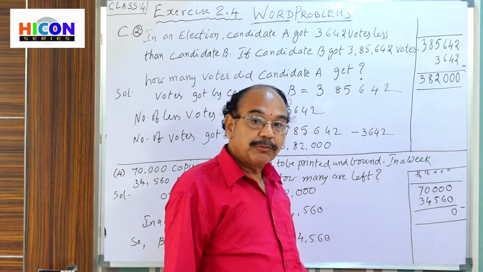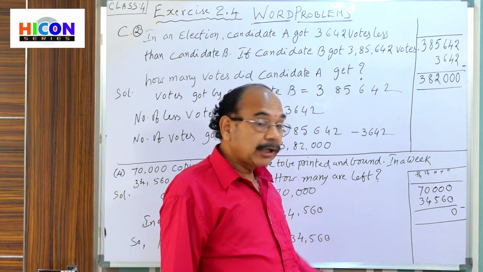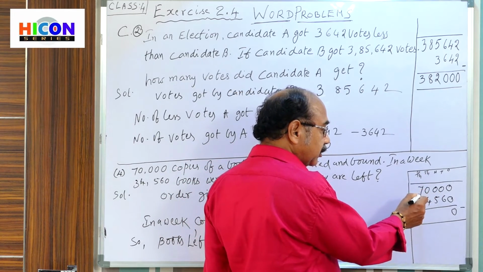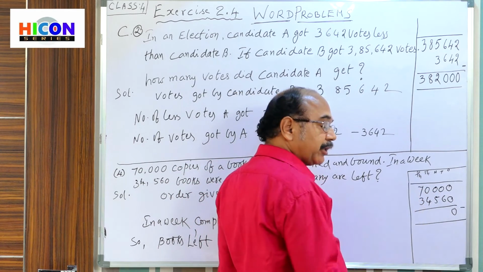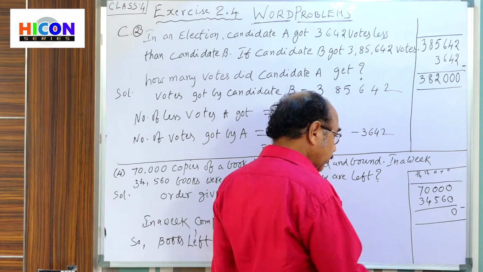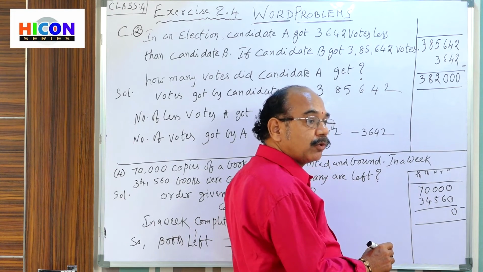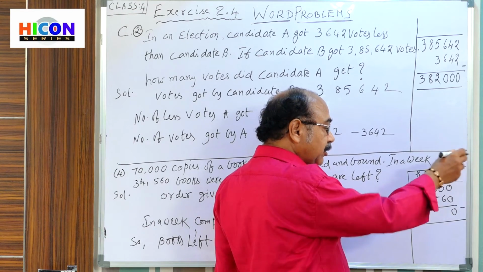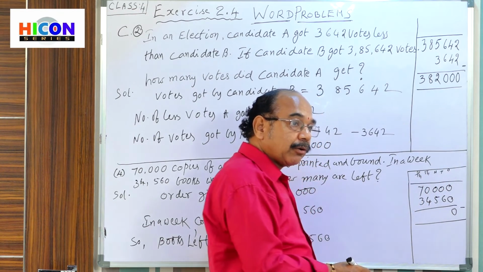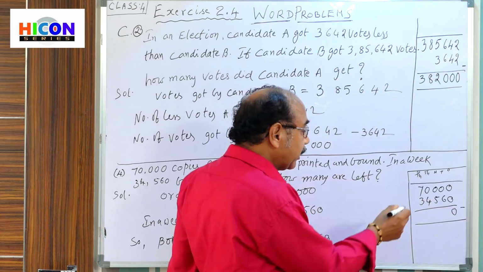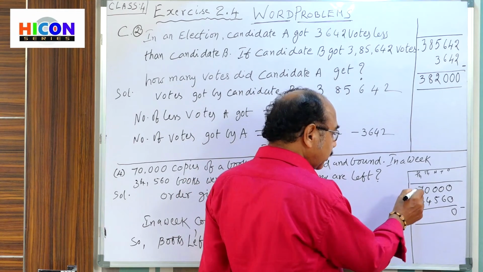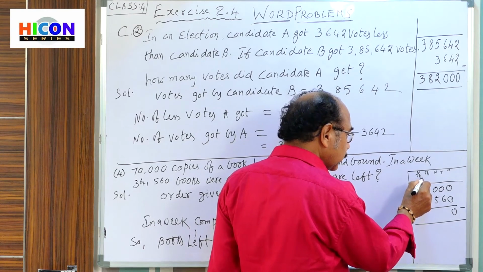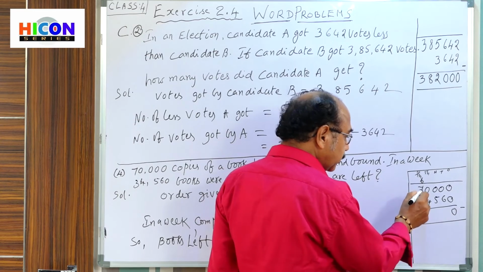How can the 0 give borrow? 0, it cannot give borrow. That's why the borrow we can get from this 7. From this 7 we can get a borrow. That means 7 is giving borrow to all the remaining zeros. 7 can give the borrow. Zeros cannot give borrow. That's why we are getting borrow from 7. So 7 becomes 6.